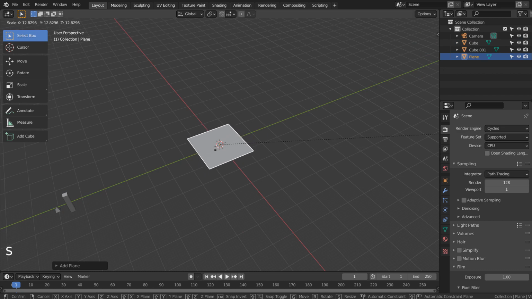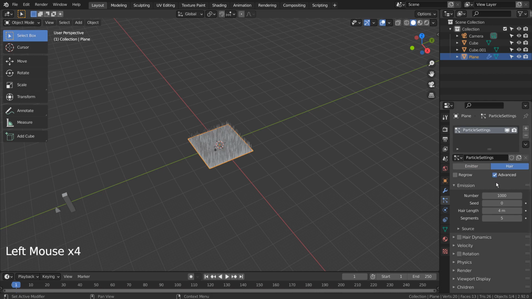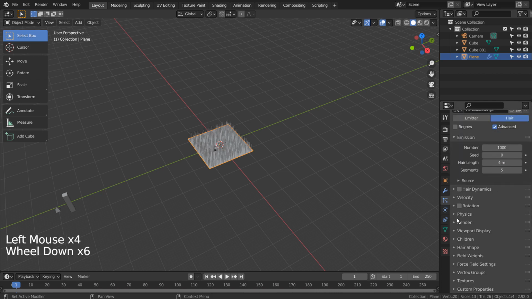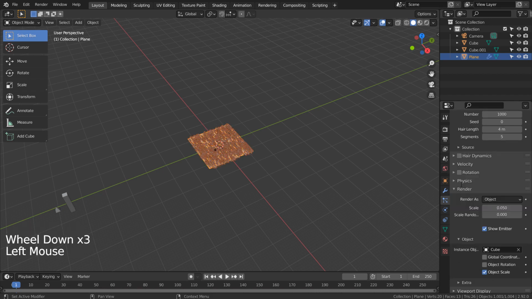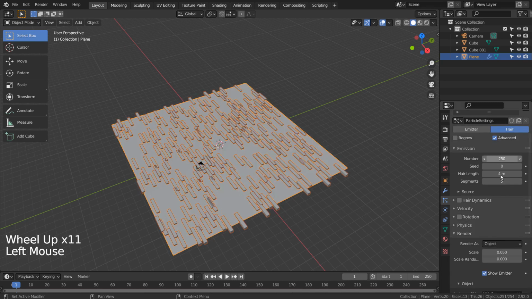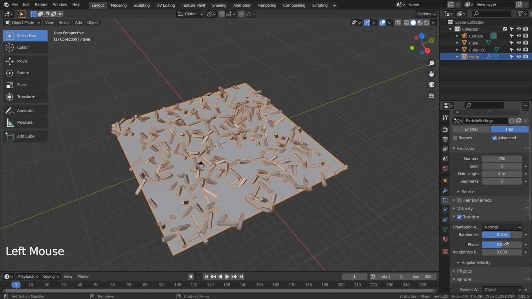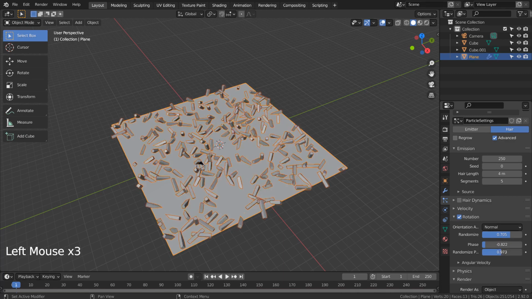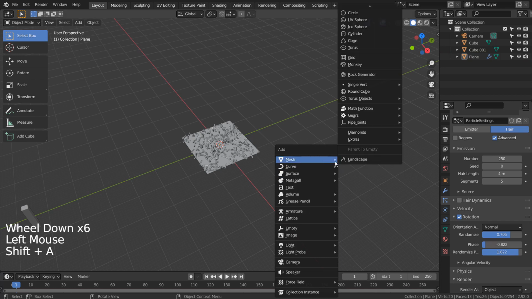We need to use this plane to add a set of particles like this. Please match my settings. We need one more set for the pyramids.